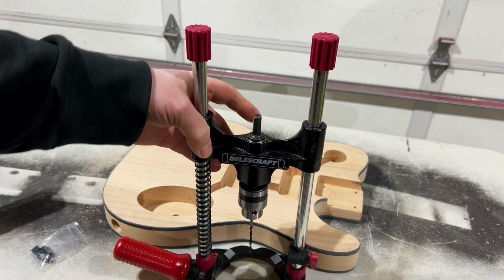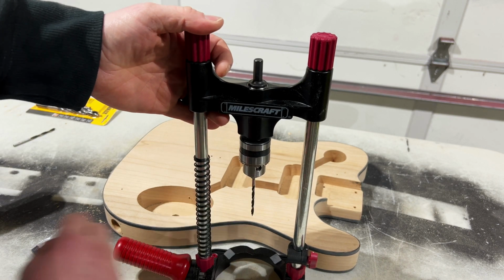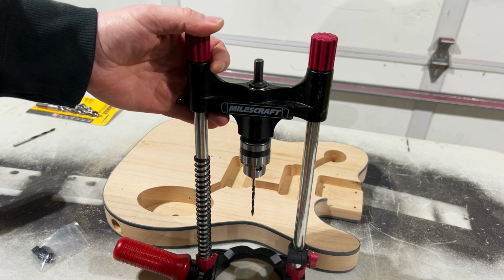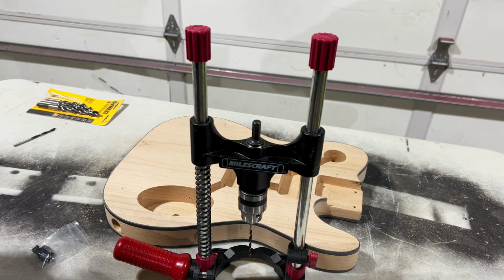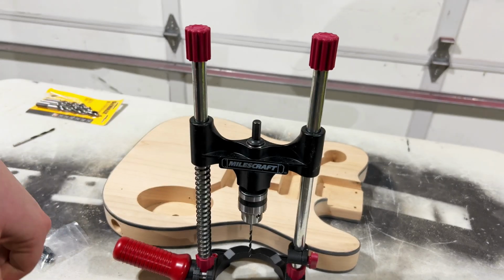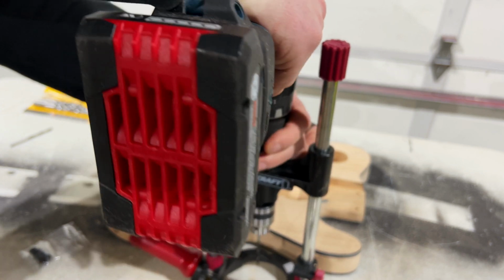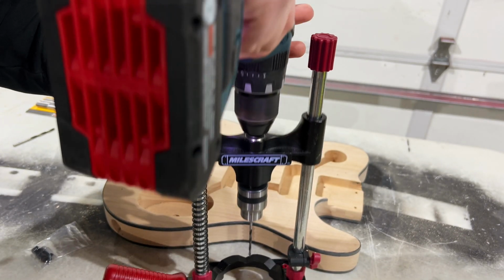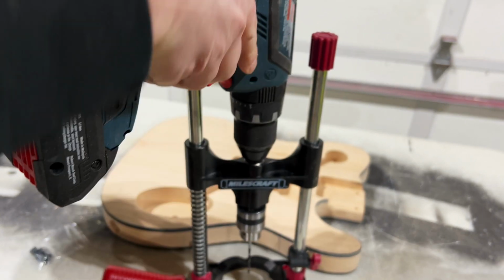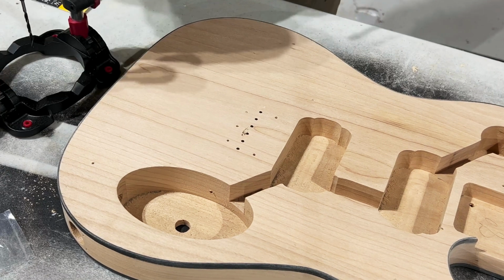This handy little tabletop drill press here from Milescraft is pretty neat. You just load in the drill bit, use your chuck key, tighten everything up, and then your standard drill just loads on in, tighten it up like you normally would, and now I've got a nice good guide to drill vertically with. So now it's time to drill,